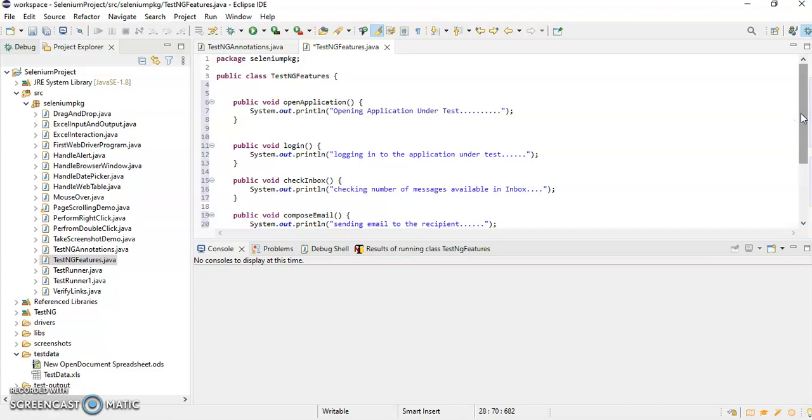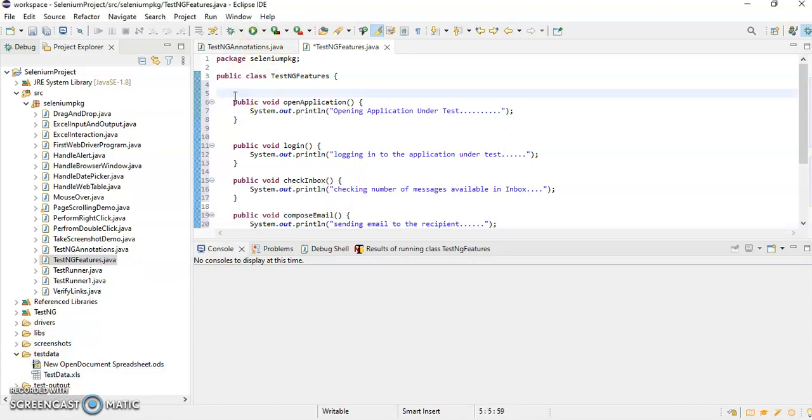So basically these are now test methods. So if I want all these test methods to be considered as test cases, then I have to use the @Test annotation.